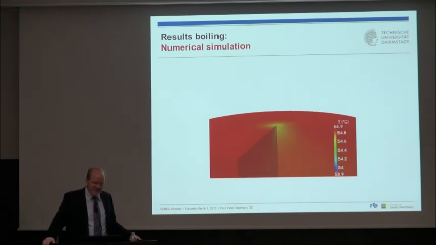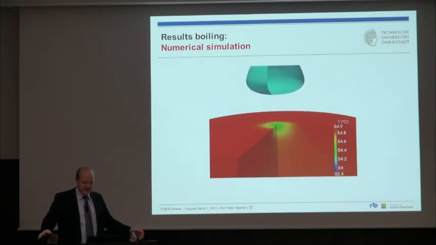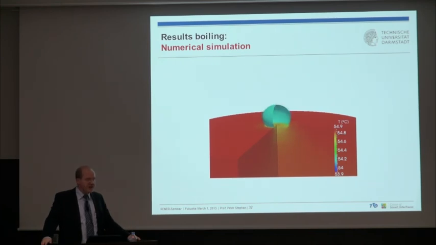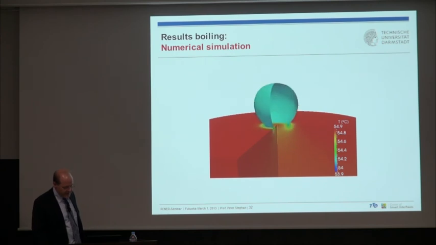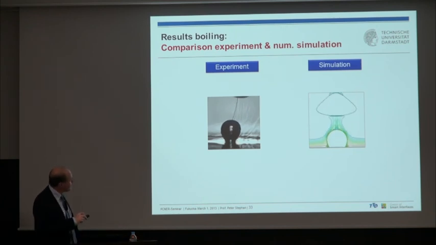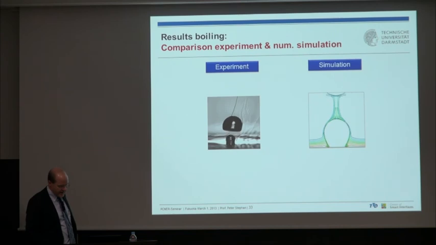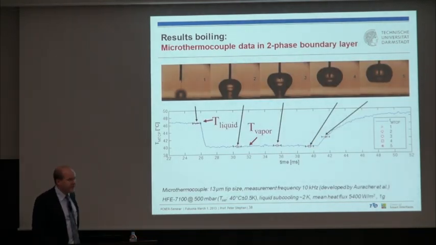Now I come to the numerical simulation with basically the same method for boiling. So here you see a nucleate boiling of a single bubble at a superheated wall. We start, of course, the nucleation artificially in our numerical program. And we compare these experiments now again with simulation. This here is again slow motion. And what we see with our different measurement techniques and then with the numerics is the following.